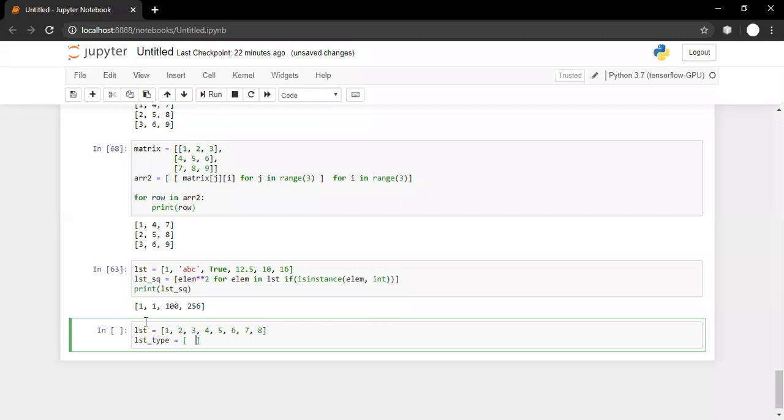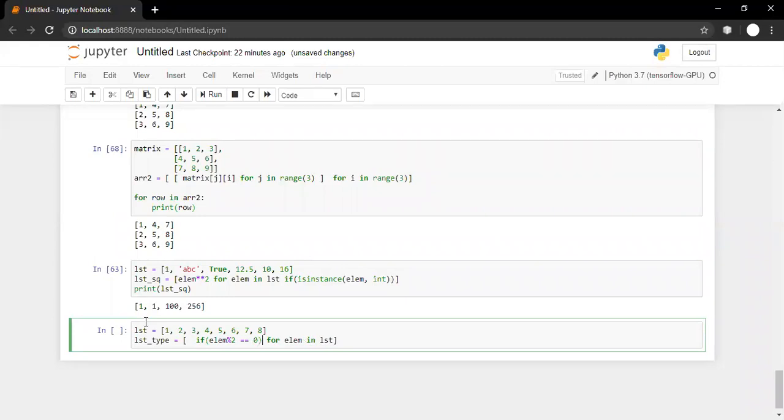So here what I am doing: for element in list, this for loop will go through the elements one by one. It will return the element, and here I am using an if statement, if element mod 2 double equals 0, checking whether the element is divisible by 2 or not.